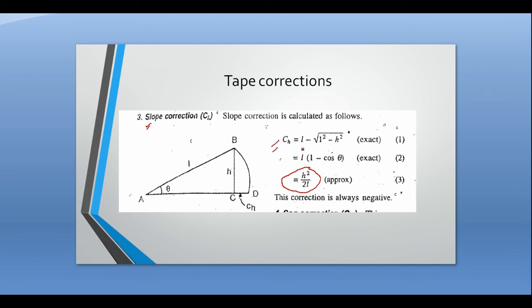So this slope correction is given by CH here, and using the Pythagoras theorem, we calculate this part here. So this is L minus root of L square minus H square. In the second form, slope correction can be given by CH equal to L into 1 minus cos theta, and the third formula is that slope correction is equal to H square upon 2L. So these three formulas you have to use for the correction of a slope. Okay,